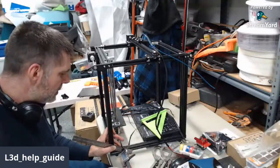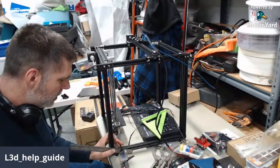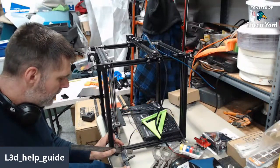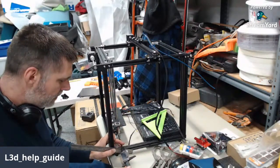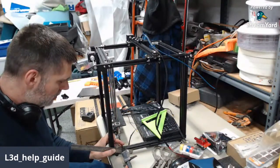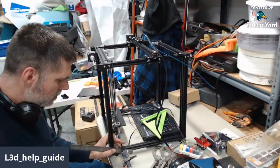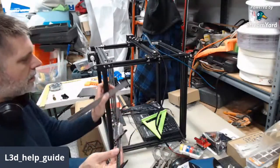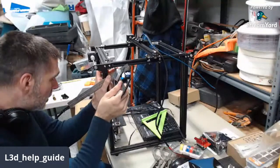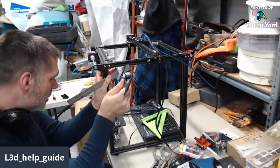With a lot of this measurement stuff, make sure you're set up nice and comfortable where you can really be accurate with the placement of your tools and stuff. Okay. So I'm at 118.83. 118.83 and